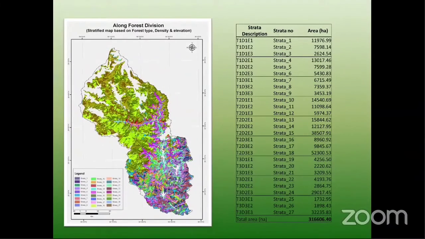Now, for Along Division, when we combine all this data, we have utilized forest type, density, and elevation. There are three each, so 3 into 3, 9 into 3, a total of 27 strata we have got here for the Along Division. Once you have the strata and the digital data with you, you know the total area available within each stratum. So now these are the different strata. The total area is 3,16,603 hectares for Along Division. So every pixel, every area of the division is now mapped. Once you have the data,